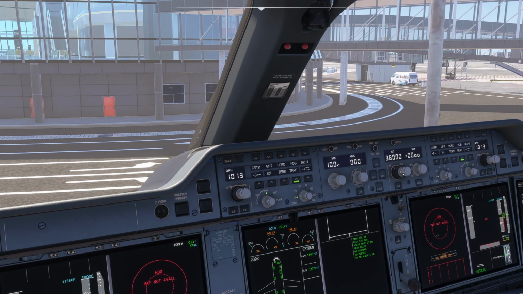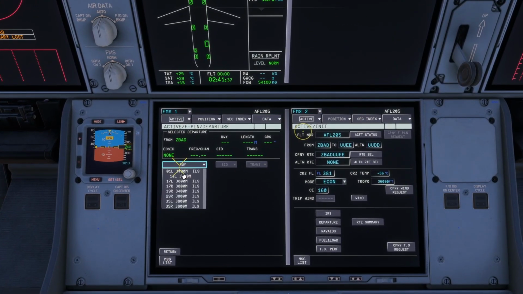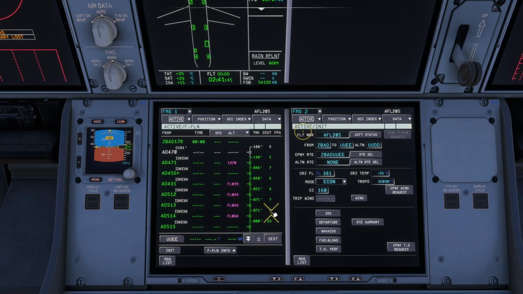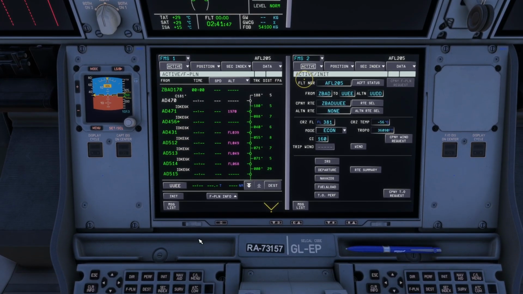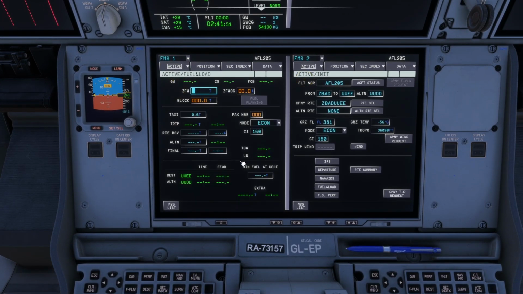And 381. Over here to our departure now. Gonna select 17 right on the IDK 6 kilo and insert that. Nice. All right. So after that, get our fuel load.